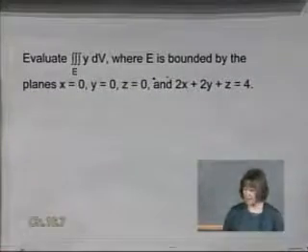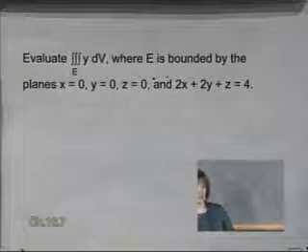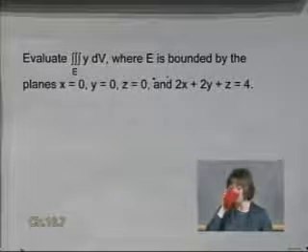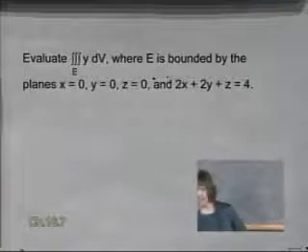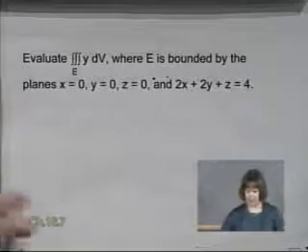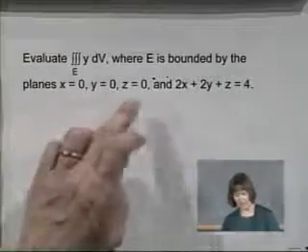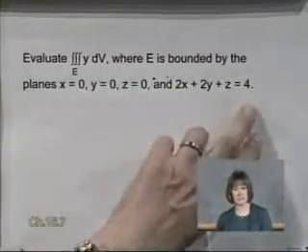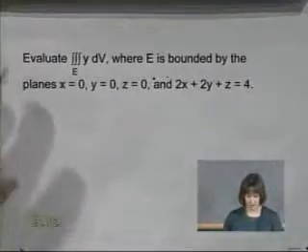It's no different. It says evaluate the triple integral of y dV, where E is the solid bounded by the planes x equals 0, y equals 0, z equals 0, and the plane 2x plus 2y plus z equals 4. Again,